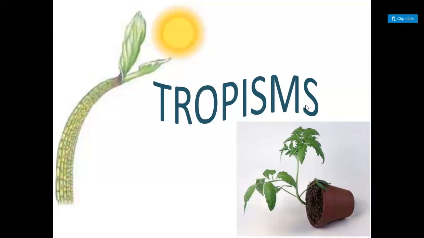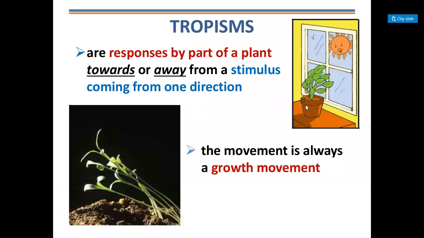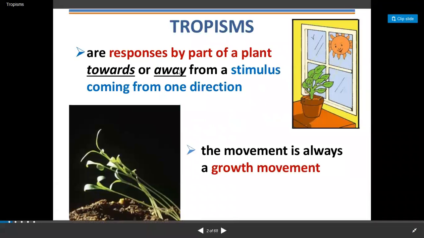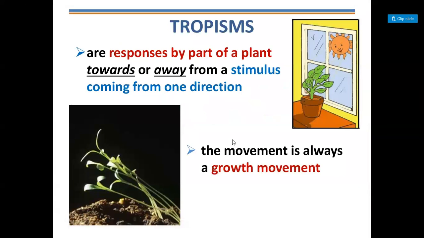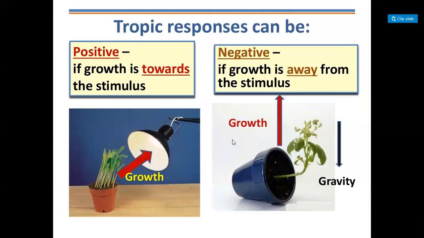Tropism means the movement of body parts. It is the response by a part of a plant towards or away from a stimulus coming from one direction. The movement is always a growth movement. Whether it's a root or shoot, it bends as it grows. Based on that movement, tropism is classified